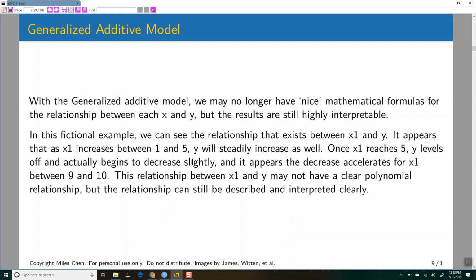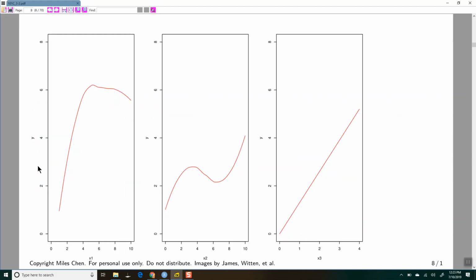And what we see for x1 is that from 1 to 4 there's something kind of like height, where in the beginning it goes up a lot, and then at a certain point it levels off and then maybe starts to go down, right? So this could be something like